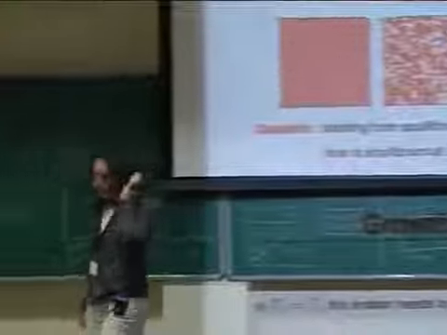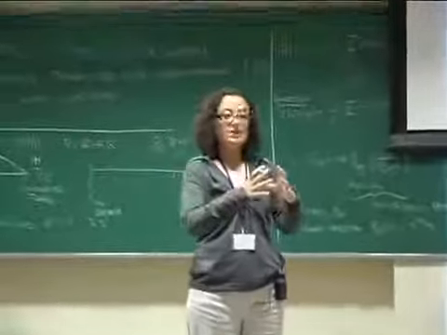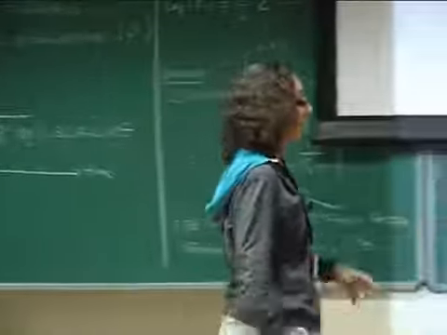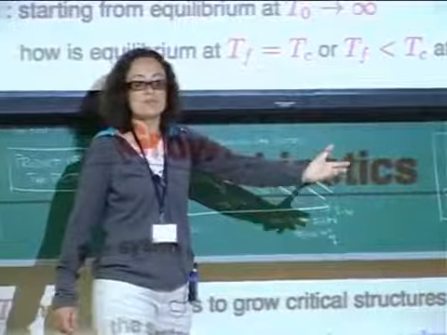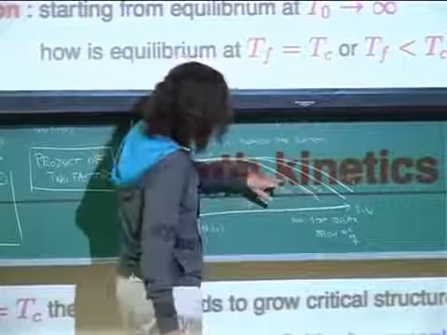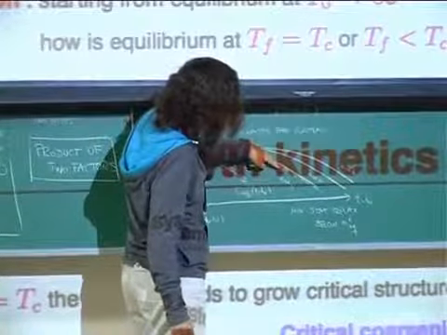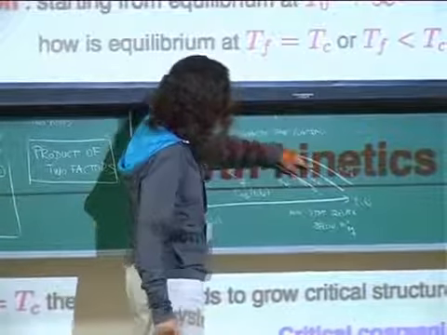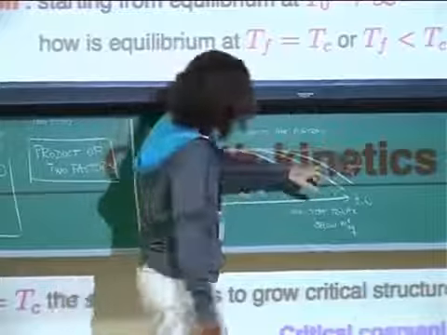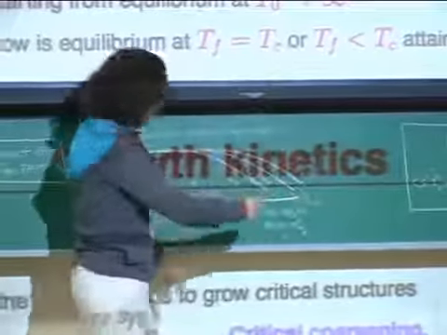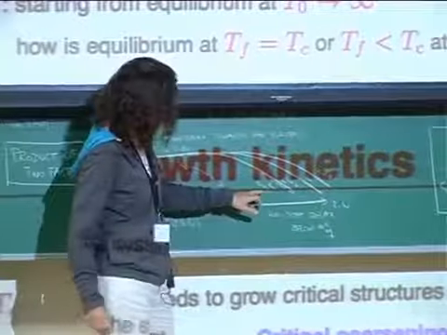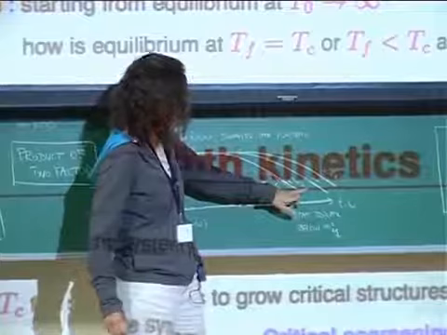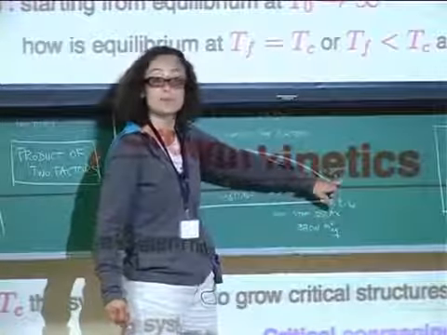I'm not going to do it, but we can argue how the velocity of these walls depends on time. And what you can see is that the velocity of the walls decreases when time increases, so these walls become slower. And this is, in the end, the reason why these curves decay in a slower manner when the waiting times are longer. I didn't say how these times are ordered. They're ordered in such a way that TW1 is smaller than TW2, which is smaller than TW3, and so forth.